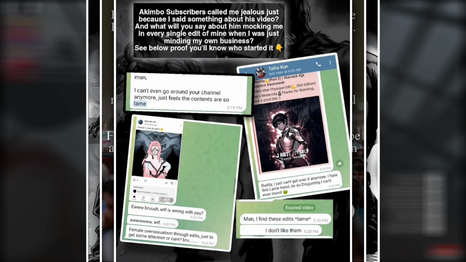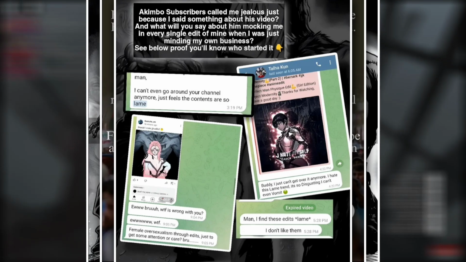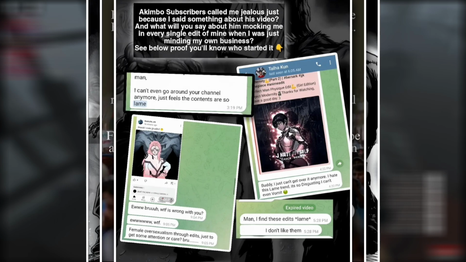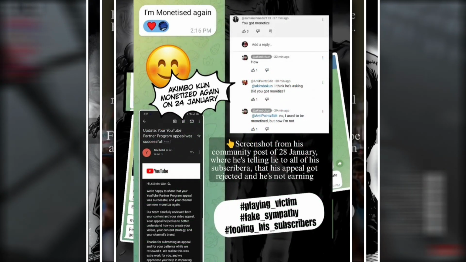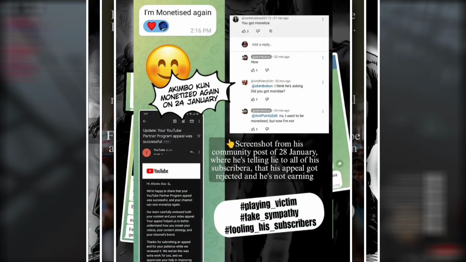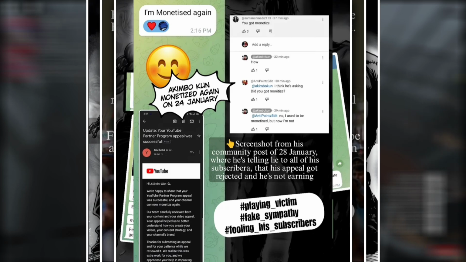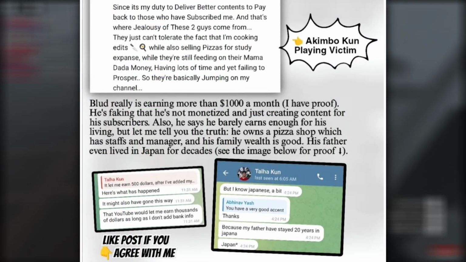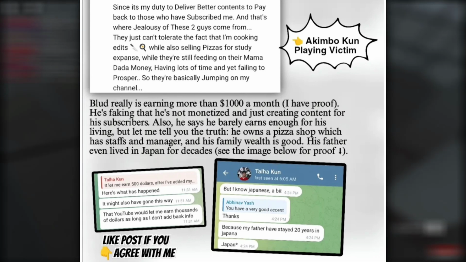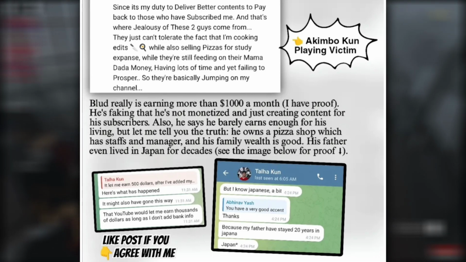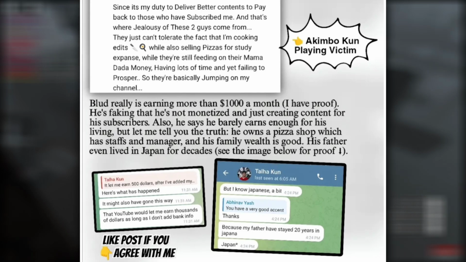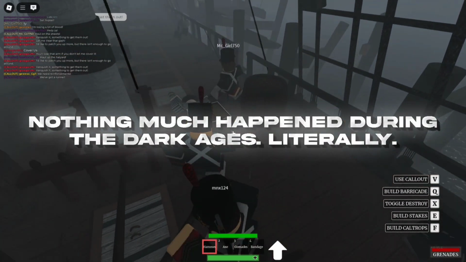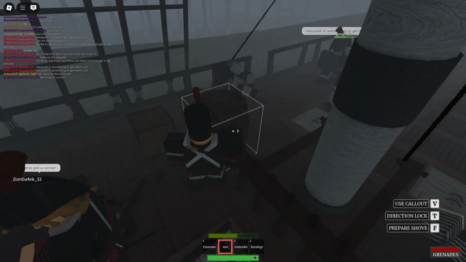Third image shows even more screenshots with God Edits claiming that Akimbo has been mocking every single edit of his beforehand. Fourth image shows Akimbo allegedly being monetized on January 24, 2023, while claiming he used to be monetized but isn't anymore. And lastly, the fifth image shows God Edits claiming he has proof of Akimbo earning more than $1,000 a month, and that Akimbo's family is actually wealthy. Akimbo didn't make any more responses after that, but Akimbo lost most of his consistency during this time due to